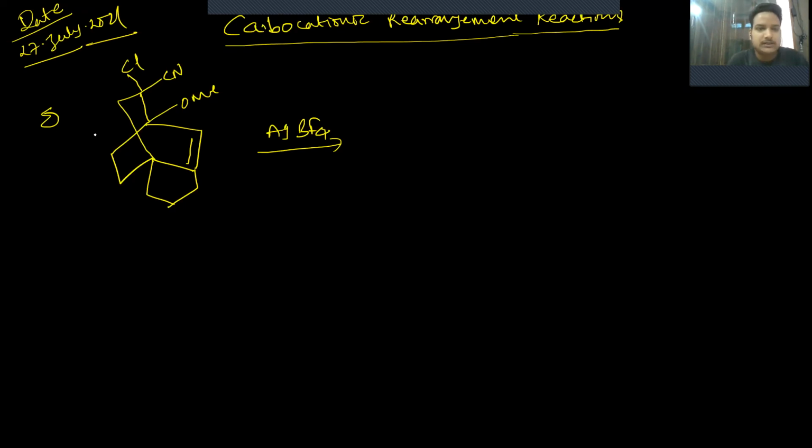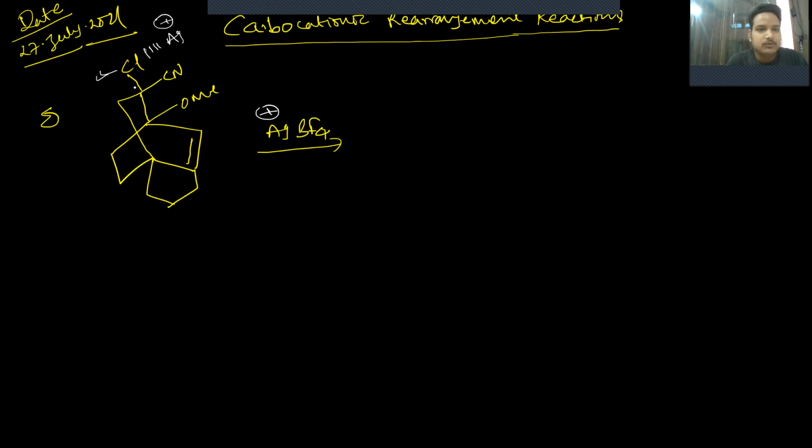This is a very complex question, and if we see the molecule here, our reagent is Ag positive and BF4 negative. So Ag positive is the Lewis acid chelating for the halogen atom. So we have chlorine here, and what will basically happen? This chlorine will chelate with Ag positive. So if this chelation takes place, what will happen? This bond becomes weaker. So this bond is going to migrate from here.